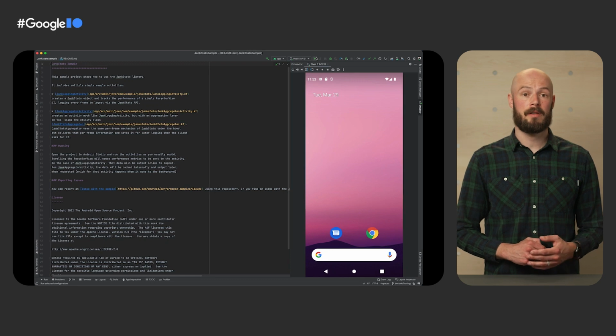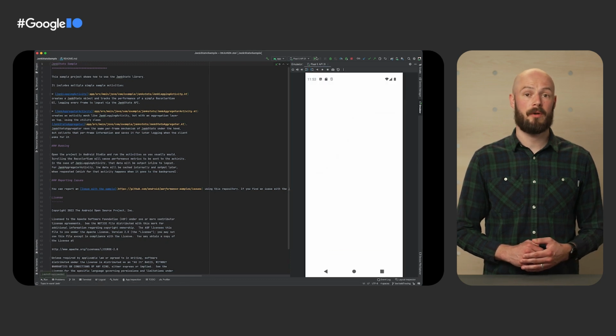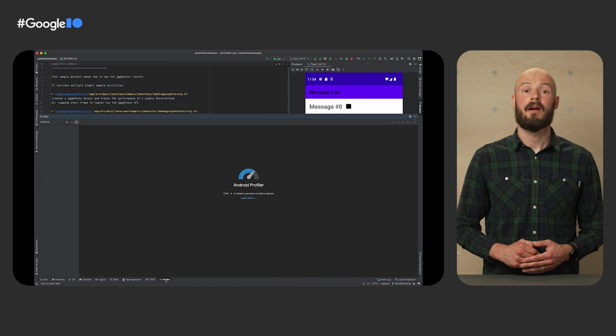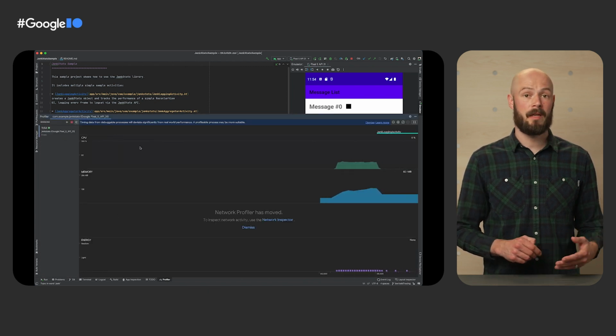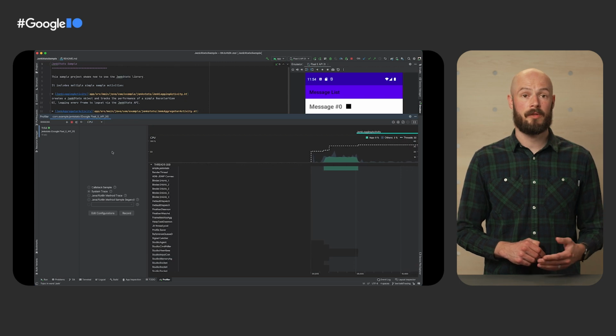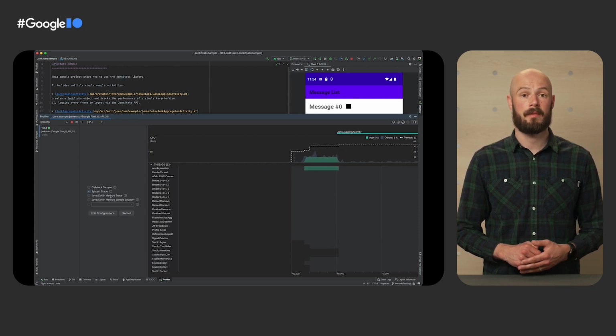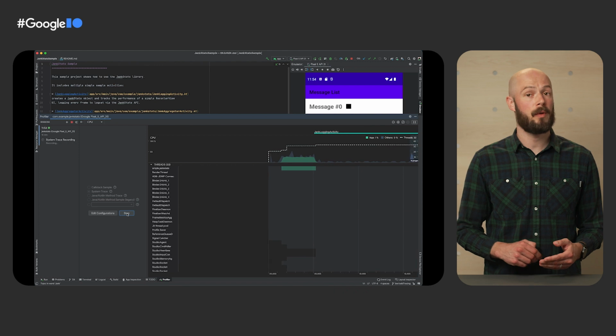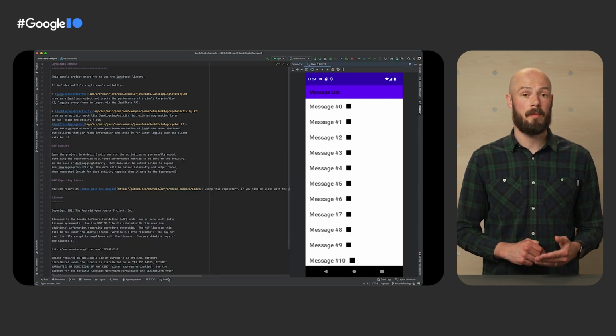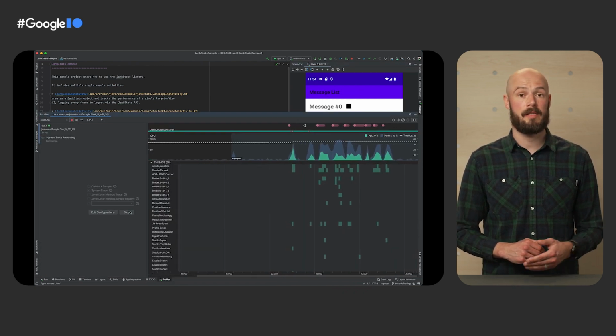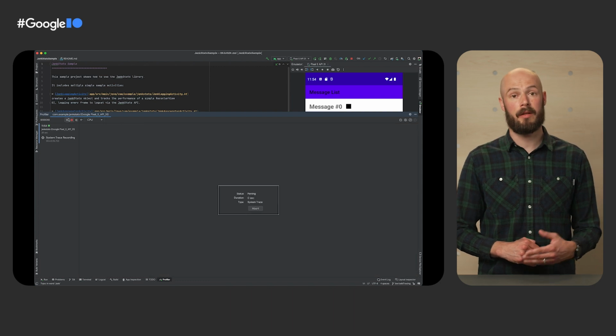I'm using a sample that causes jank when scrolling through a recycler view on an emulator with API 31. In the Profiler tab, I click on the CPU profiler swim lane. Jank can be detected when collecting the system trace, which I select here and then click record. Now scrolling around in the sample app will produce traces, which I can look at in a moment. After I click stop, the traces are downloaded from the device and parsed directly into the profiler.